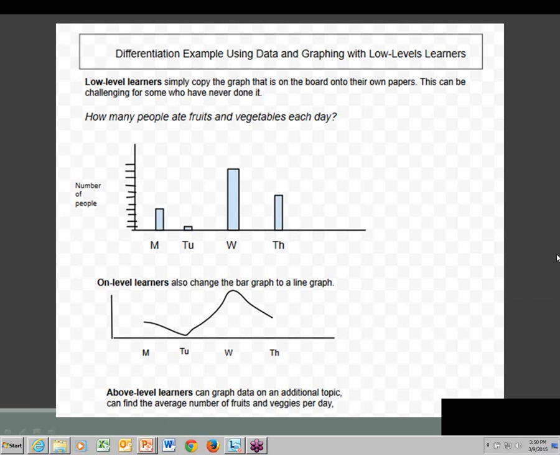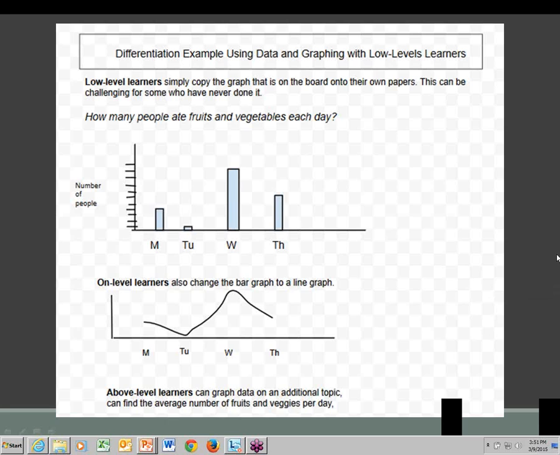So the lowest level students would simply copy the bar graph onto their paper. And again, if it's the first time a student does this, it's quite challenging. And then all students do this first activity. And then the teacher can circulate, and you can see if someone does this quite readily,